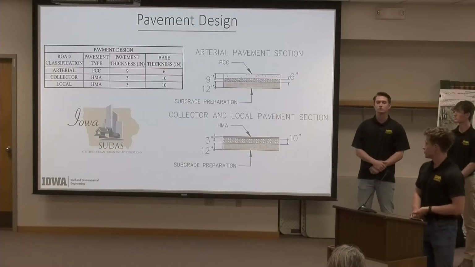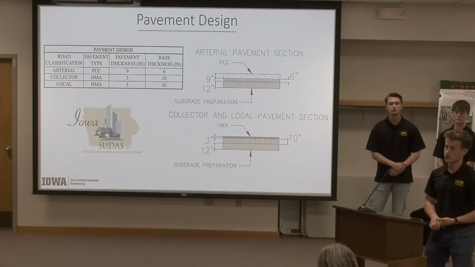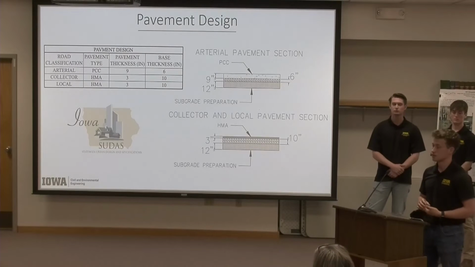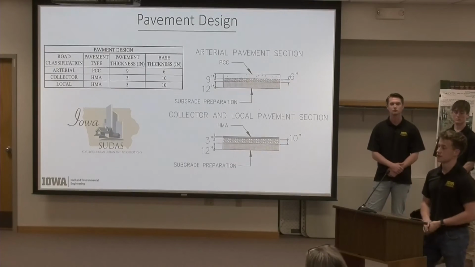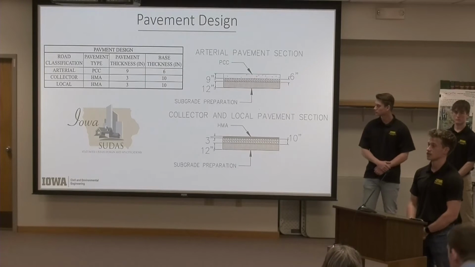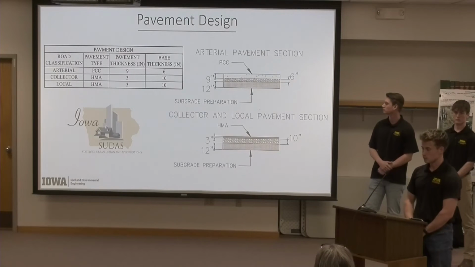For pavement, we have two main pavement designs, one for the arterial road and then one that will work well for the local and collector roads. We recommend for the local and collector roads to have 3 inches of hot mix asphalt on top of 10 inches of aggregate base, which is what the city of Maquoketa is currently using, and we feel that it is sufficient for the community needs and has worked well so far, so we think that will be a good